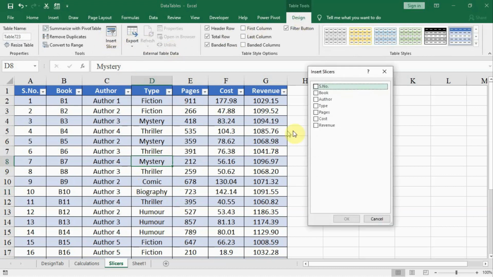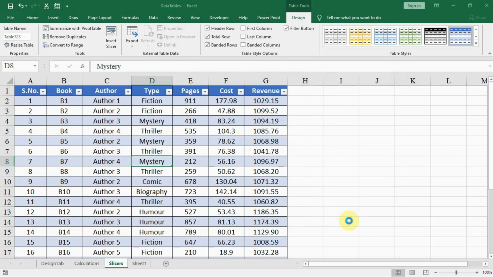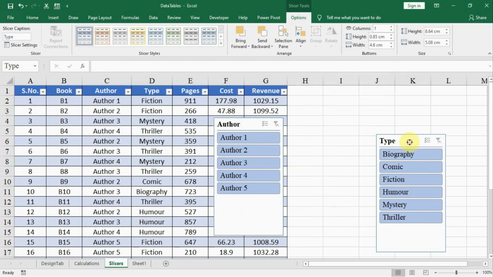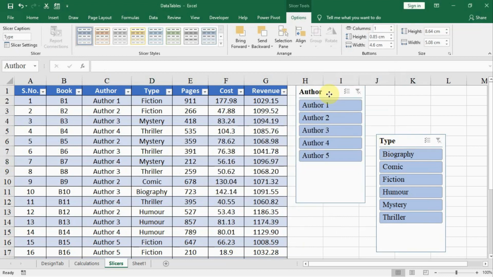I click on the slicer and this window opens up. This form says I have to select the columns on which I would like to have a slicer. So I'll select author and type and say OK. Now two slicers are formed here, author and type. I'll align them like this, make it a little smaller, and I'll click on type and go to the top and make columns